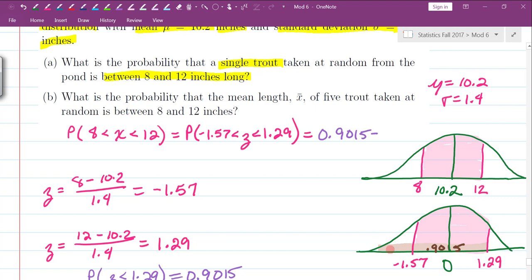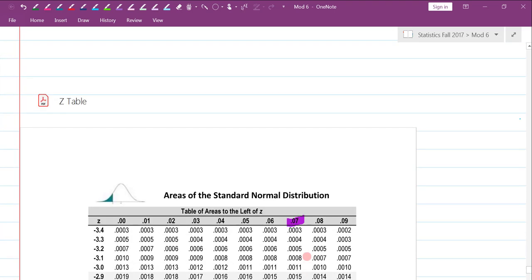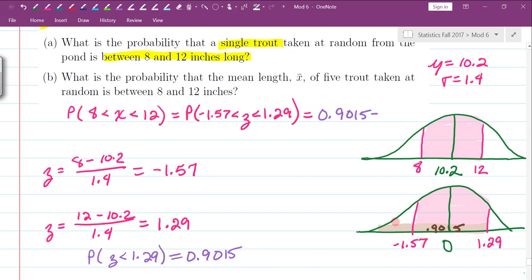Okay, so let's look at the negative 1.57 next. So we're going to look under negative 1.5 and then 7. And the intersection of those two is right there, which is 0.0582. So this area right in here is going to be 0.0582. So we're saying that the probability that z is less than negative 1.57 is equal to